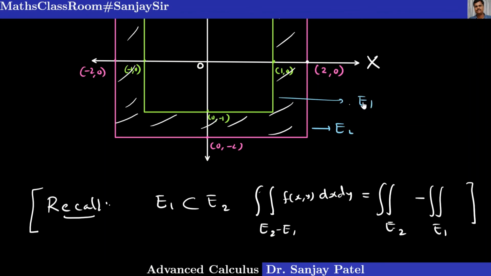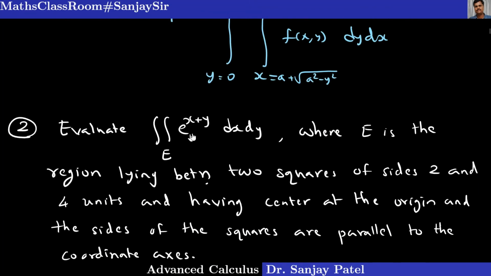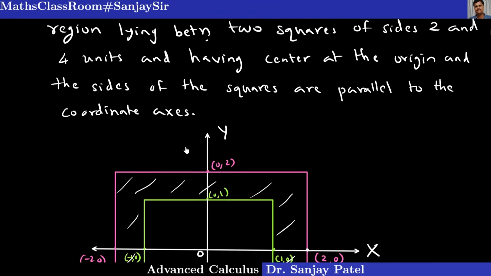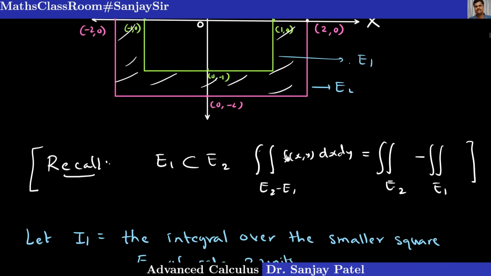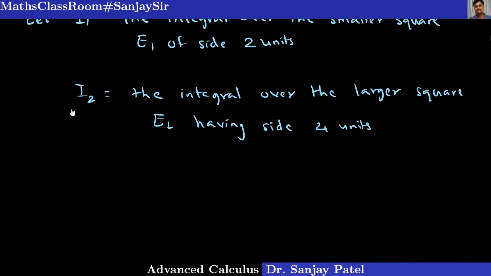So we will find the integral of the given function, which is e raised to x plus y, over both the squares, and then subtract the integral over the larger square minus integral over the smaller square. So we have to do two parts. So first, part 1, let me write like this. So first part,